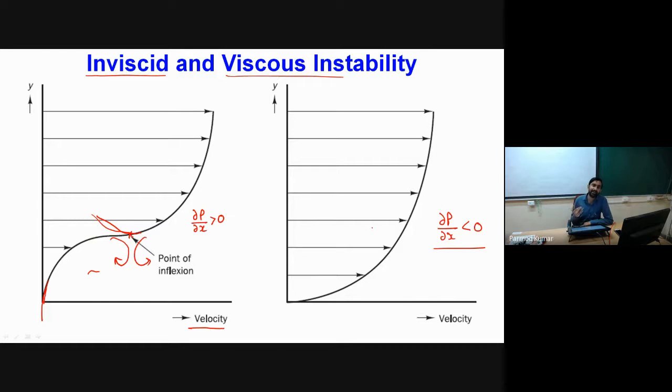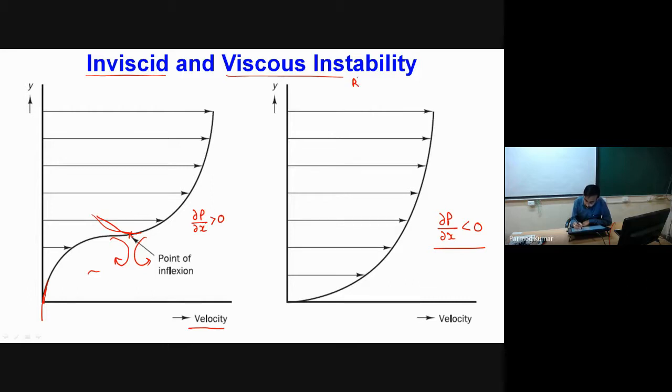Similarly, at very high Reynolds number also, there is decay of the perturbation. But there is some intermediate range of Reynolds number over which the amplification of the perturbations actually happens. That particular reason is responsible for the change of flow from laminar to turbulent. So as I said, at very low and very high Reynolds numbers there is decay of the perturbations, but we have some range of Reynolds numbers.